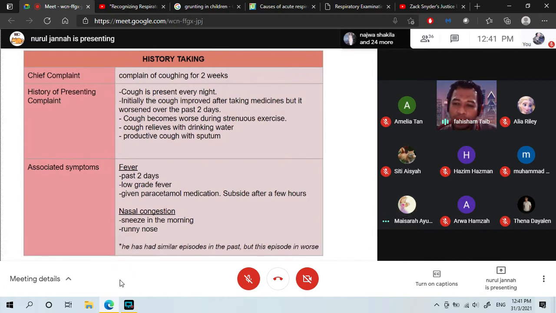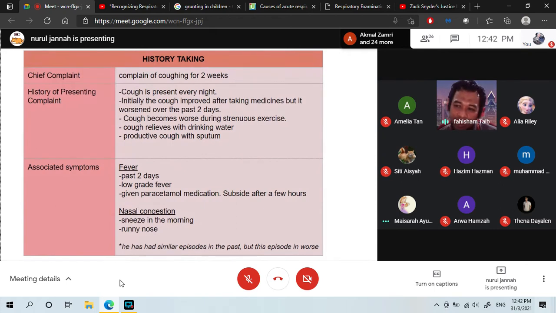Not really. So what history do you have to take? The family history of asthma. It must be recurrent. It's not only one-off like this. So previously, has he had a similar episode? How long? Is it just these 2 weeks? Has it been for a year? Has he been presented to the GP for a nebulizer? Has he been coughing for it?